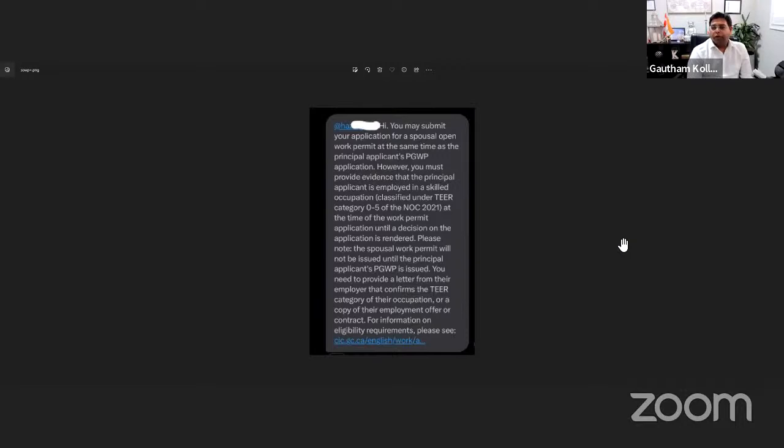Okay, so proof is that she started working and she has a job offer, and pay stubs. Since she'll start working at the end of June, she'll get her first pay stubs on the 15th of July.